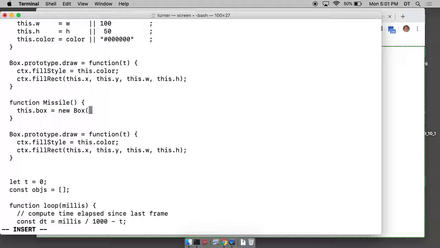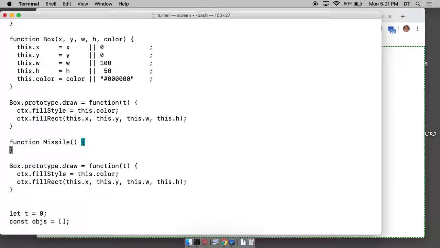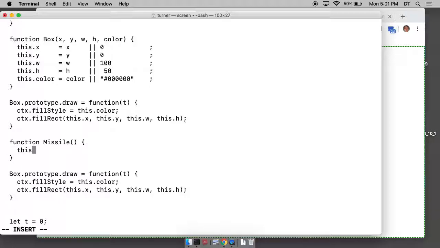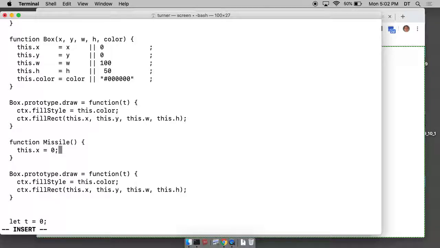Nah, I gotta do it. Just do it like this. Create the missile, and there's an X value. We'll set it to 0, and then for the part of the draw,